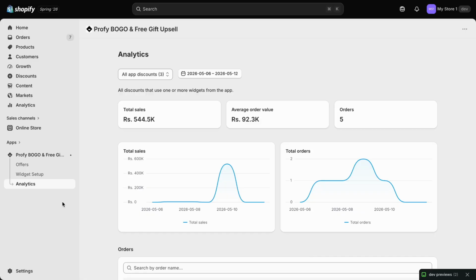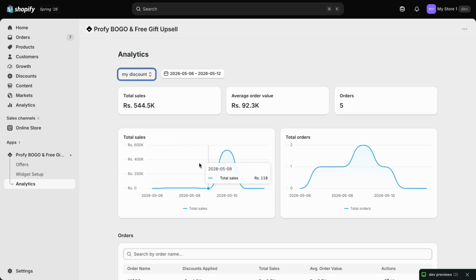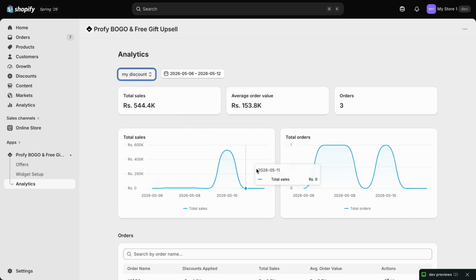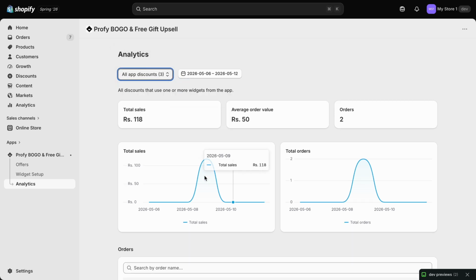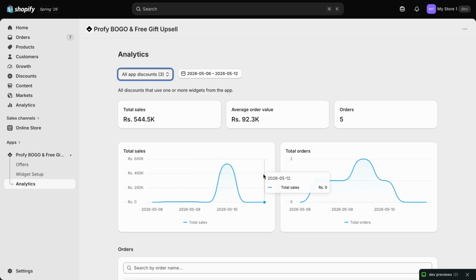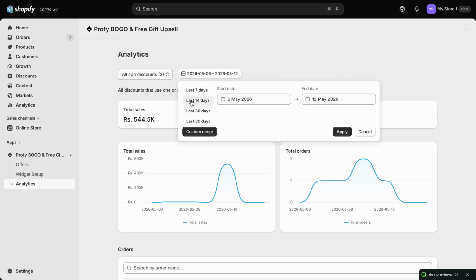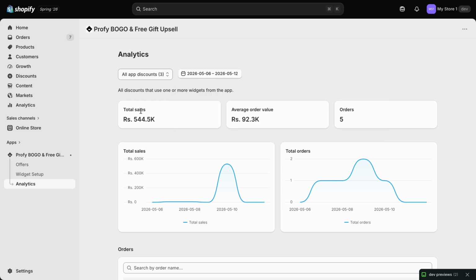You can view how each offer created through the app is performing by visiting Analytics section of the app. On Analytics page at the top, you can filter by each offer name. The date range filter allows us to select ranges such as last 7 days, and so on, and custom date range selection. The total sales by the offer for given date range along with average order value and total number of